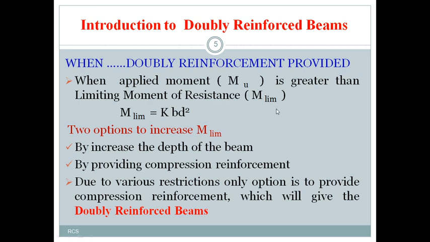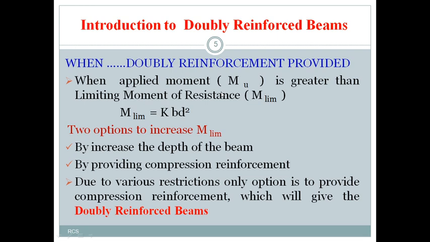So what do you mean by this actually? Here, from the provided b, d and Ast, we can calculate Mu limit, which is less than the moment coming on the beam due to the externally applied load. So if you keep it as it is, your beam will not withstand the applied moment, and it is going to collapse or fail. That's why, in order to counteract that applied moment, we have to provide extra reinforcement in the beam.